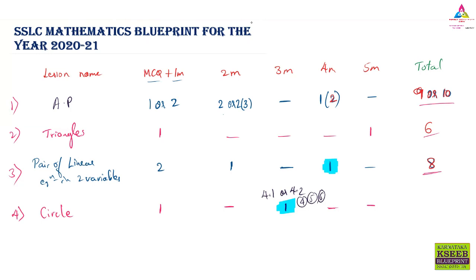So the circle lesson is not difficult, very easy now, because 4.1 or 4.2 will be asked. Maximum they will go for 4.2 only. So directly you can get the maximum marks here. The total number of marks from this lesson is only 4. This question I have also told you, that is a theorem. The circle lesson 3 marks question will be a theorem only, that is, the 4.1 or 4.2 theorem will be given. So it is not difficult. You can go through it.